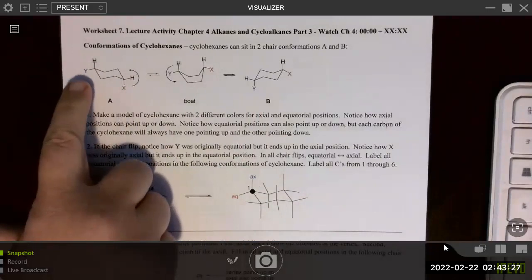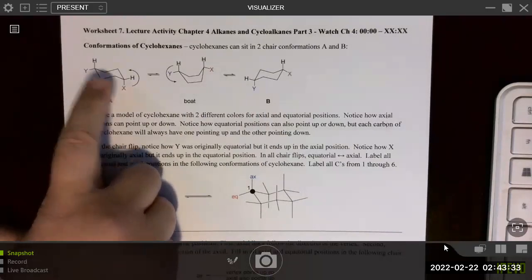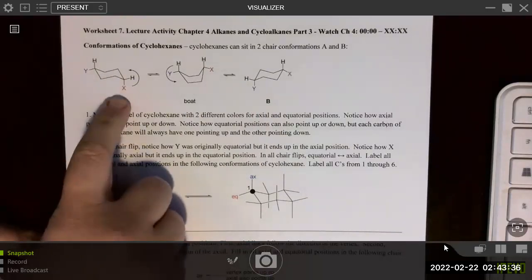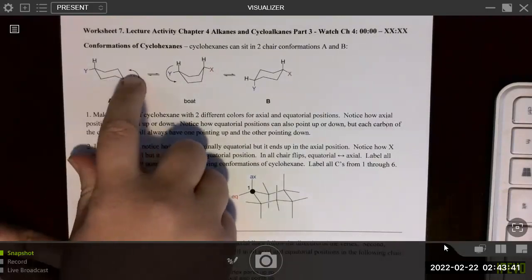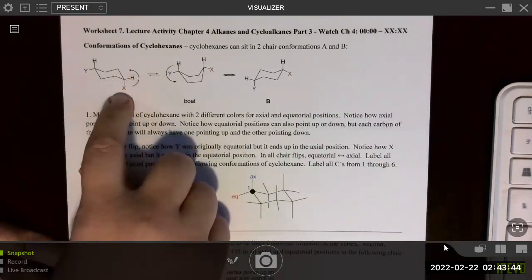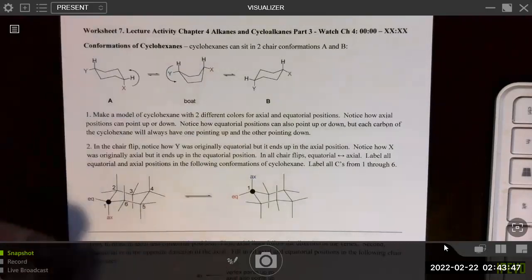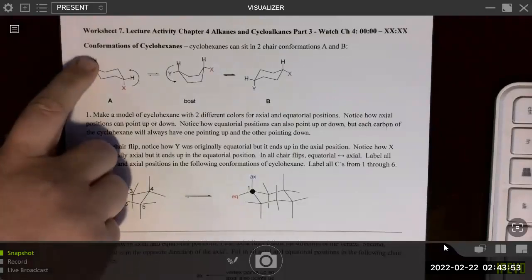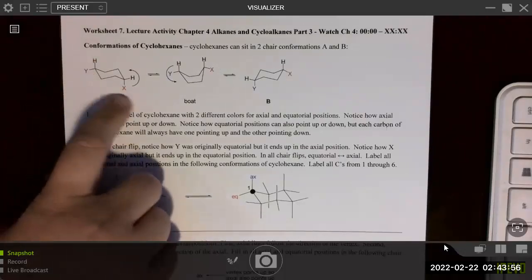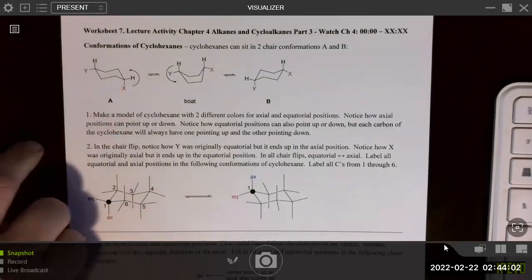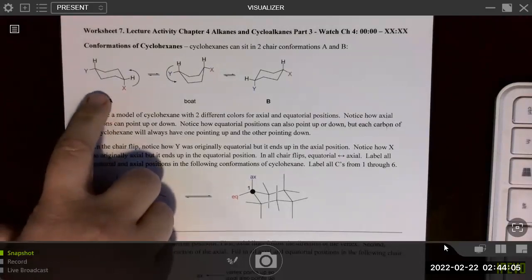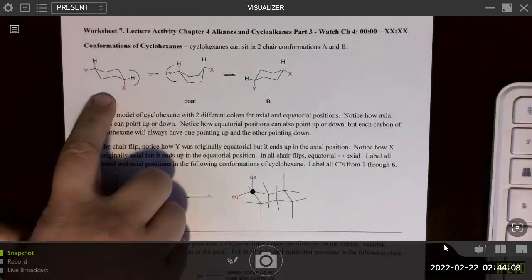Notice that we have a red X and a blue Y in these conformations. Both of these two substituents are pointed down, and we can tell that because the carbon here has what we would call an up hydrogen and a down X, and that's just based on which one is higher up on the paper, or above the ring versus below the ring. And then we have an up hydrogen on this carbon and a down Y. So both of these are considered down positions, and the hydrogens exist in the up positions, but they're not in the same position when it comes to axial or equatorial.